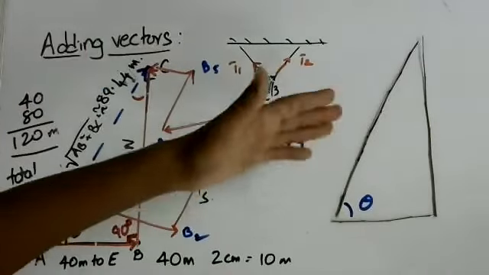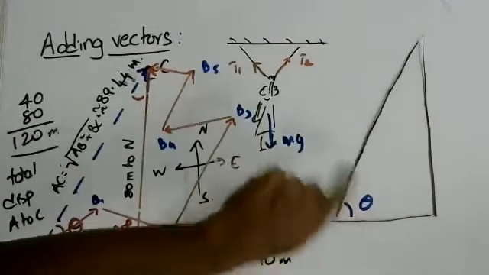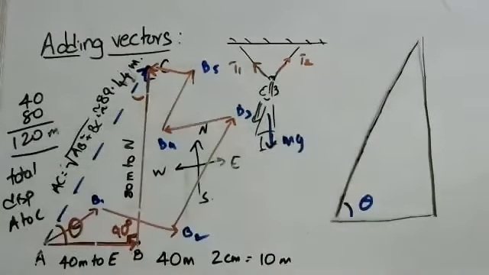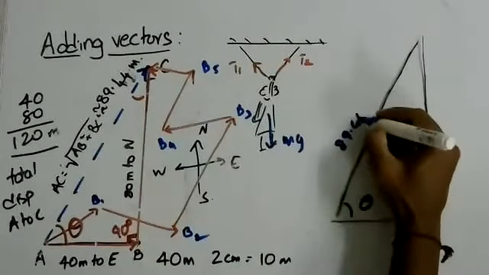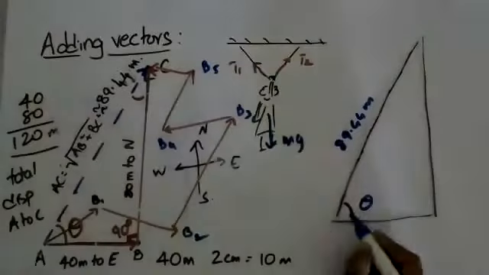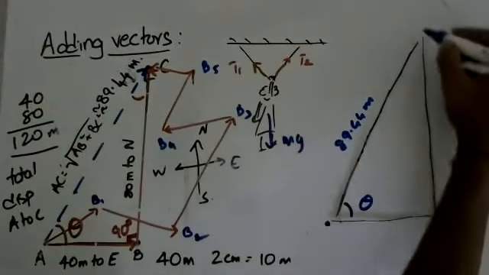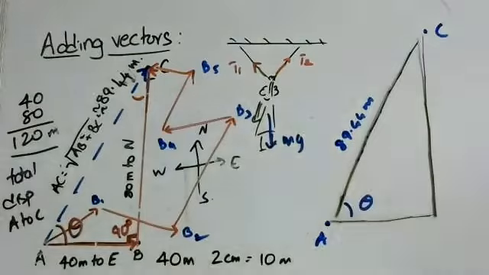You will never get it exactly right; for that you have to use the calculator. But interestingly, if you use the protractor, you will get this angle also. So you can say that you have to walk 89.44 meters in this angle from point A to reach point C by the shortest route. Okay, so that will be a solution that will be appropriate for your class.